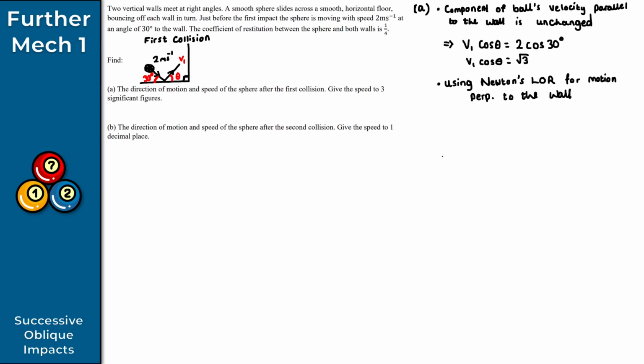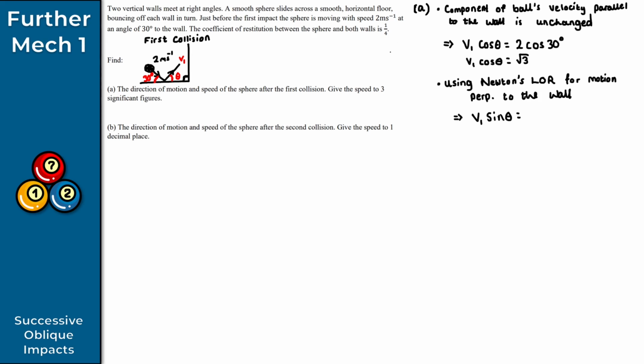What does that give us then? Well, what does this tell us? So what we get here is V1 times sine of this angle here. So V1 times sine of theta is equal to the coefficient of restitution here,